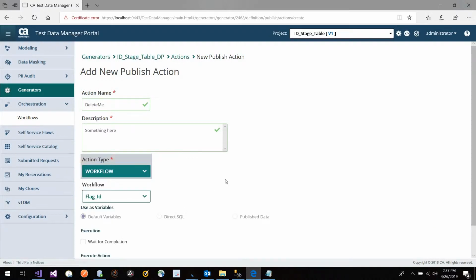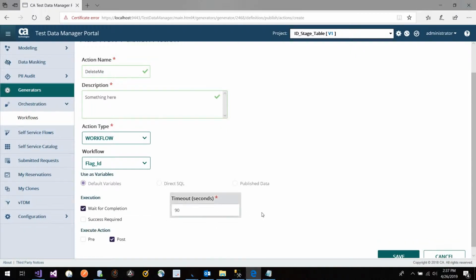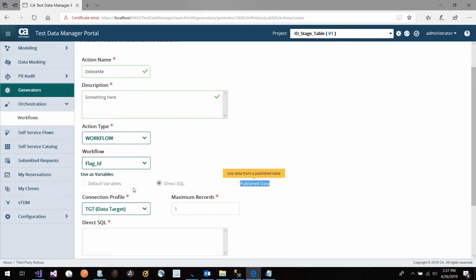I want it to be a workflow. I only have one workflow. I'm going to say pre or post. I want to do post, and I do want to wait for completion. Now, I can't select publish data. Okay. I don't know if that's a bug right now. So what I'll do is,